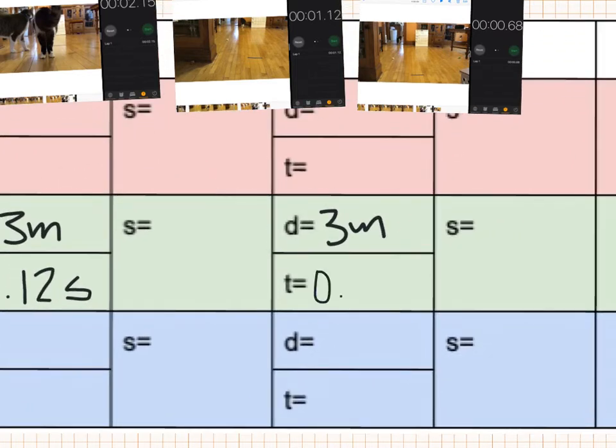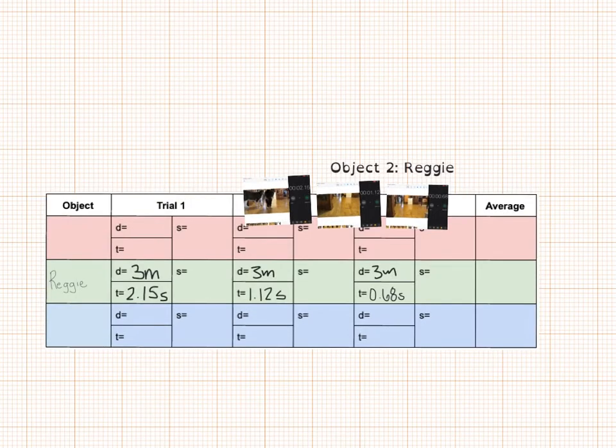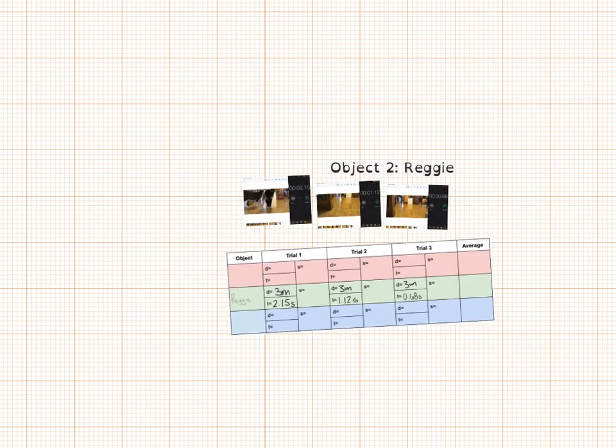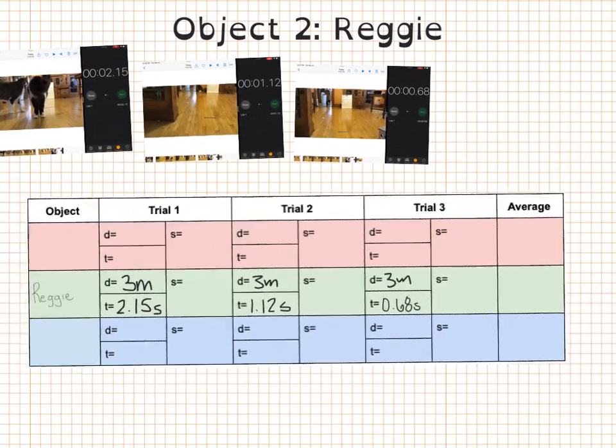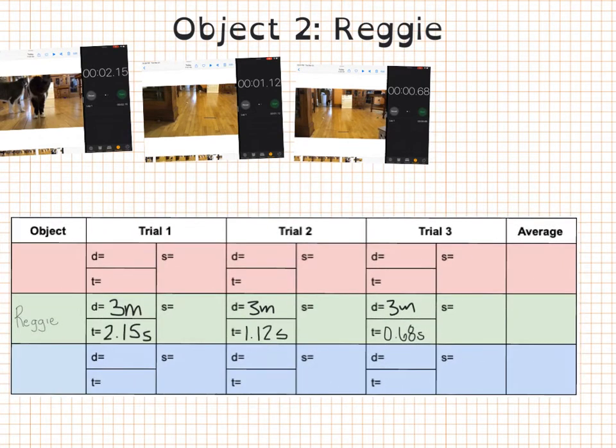So 0.68 seconds. All right, same thing as we did last time, except I'm apparently making my chart very large and everything else very small. I am going to take my distance divided by my time to find my speed. So I am going to get my calculator out and I am going to find 3 meters. So 3 divided by 2.15, giving me